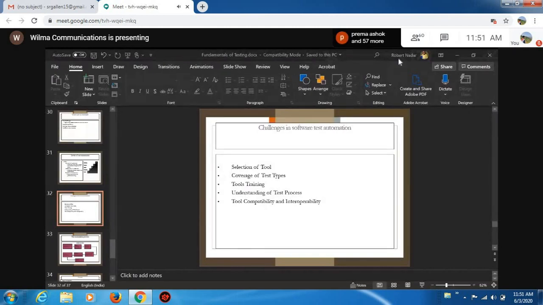Okay, there is a question about regression testing. Regression testing is this: after we complete the testing, we send the application defects to the development team. After developers fix the defects, we recheck the defective test cases, and we check the already passed test cases again to make sure the fix has not introduced any new defects.